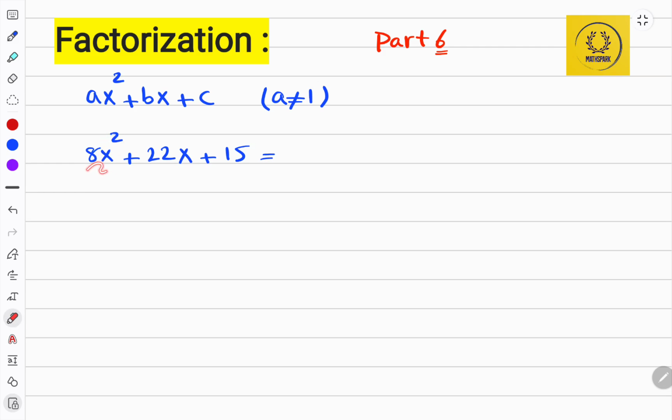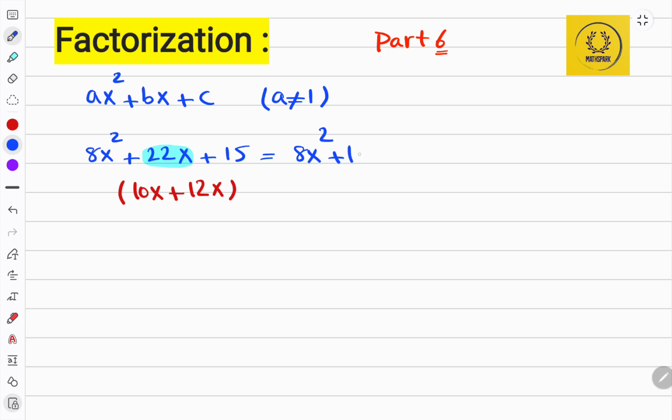The leading coefficient is 8, so we cannot find a square root of the first term. And 8 is not a common factor to factor out and get rid of. So in this case, we can split the middle term, which is 22x here. We can split 22x into 10x plus 12x, and then I'm gonna group 8x squared